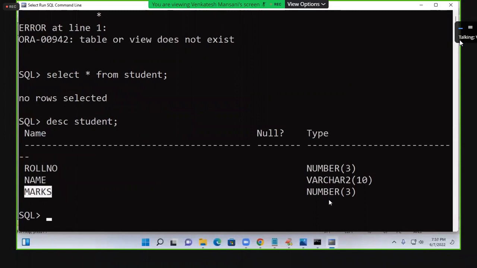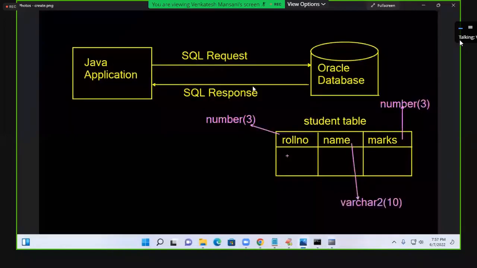Now see, marks number 3. Now the table is created. So actually the table was created successfully, we already got that message. You observe, through the Java application I sent one SQL query to the database. It is executed in the database. Table created. After that one message came, table created successfully. But whether it is created or not, this is through the Java application I sent the request,